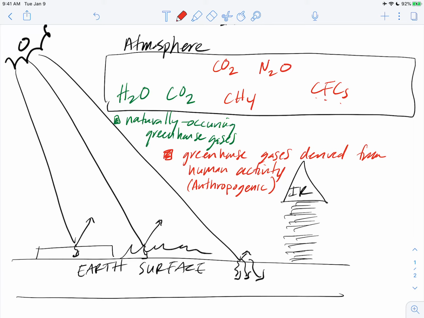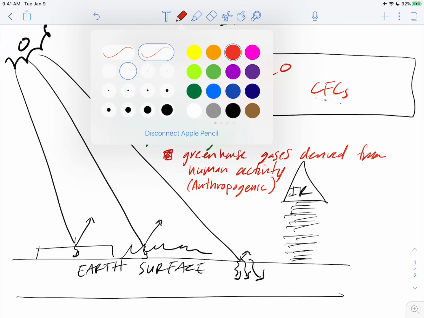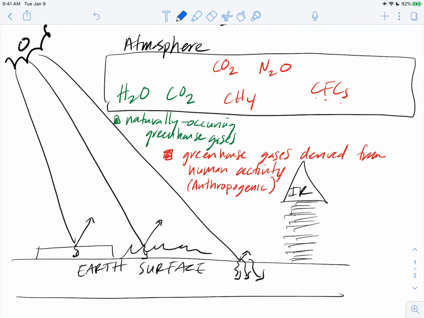What happens here is that when this IR radiation comes back, it's going to interact with these different greenhouse gases, both naturally occurring and not, and they're going to rotate, and then eventually they're going to lose some of the energy and emit it. There's an equal chance of emitting the IR radiation in any direction, but some of it